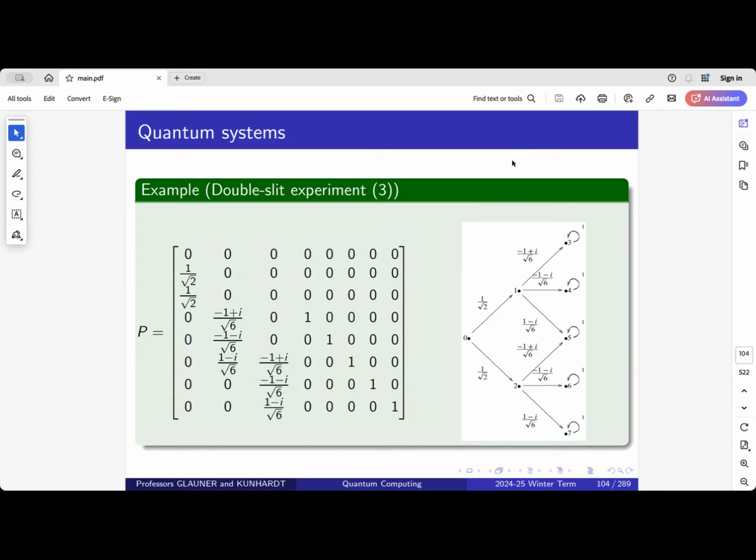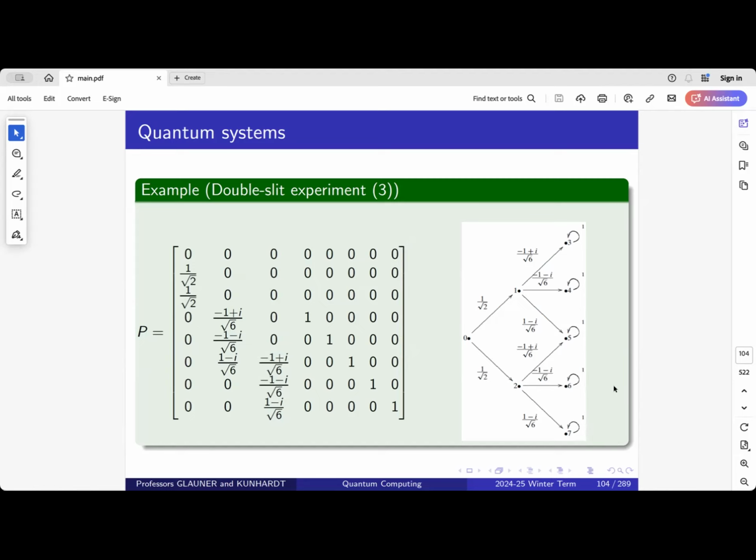Now, we could start with our start state, which is in 0, so 1 and then all zeros, and multiply it with our transition matrix P. And then what we have is a state for positions 1 and 2, and we could then have this new state multiply again with our transition matrix P. But writing this down and doing this takes quite some time. You're most welcome to try this out at home, because you have plenty of time for revision,